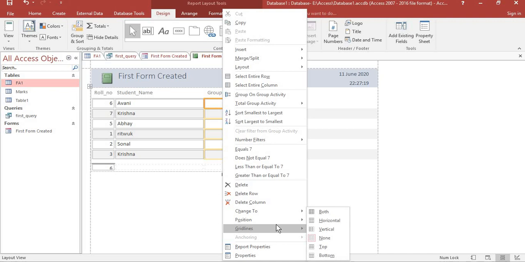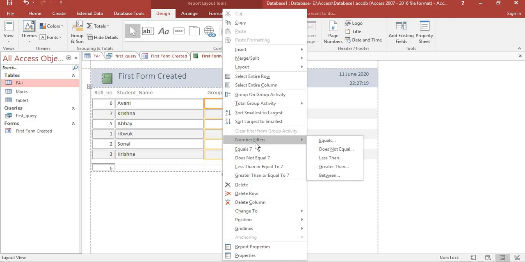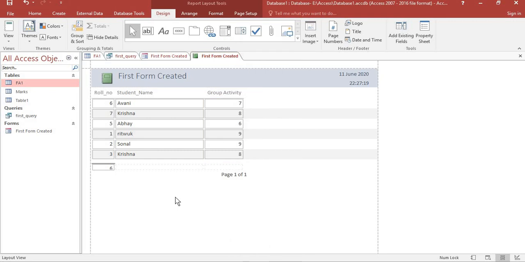Here it's report view, this is print preview, this is layout view which we work in, and this is design view. Now we only have the rows, the columns which we created using the queries.